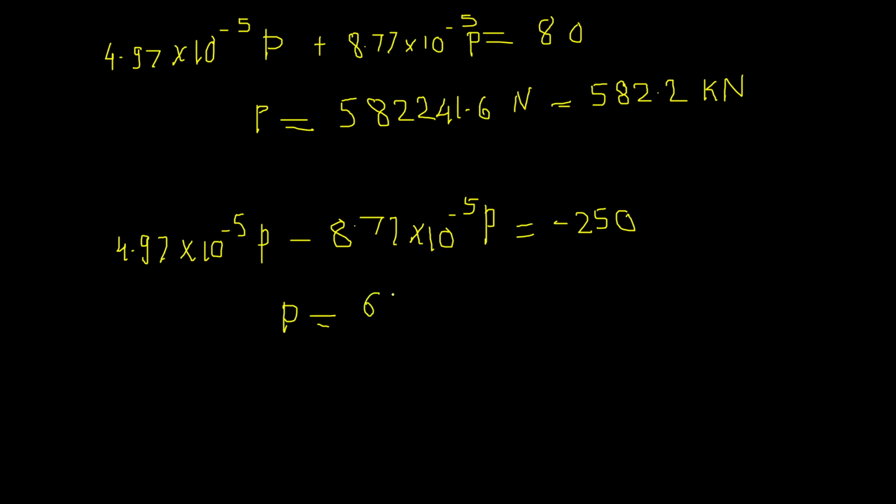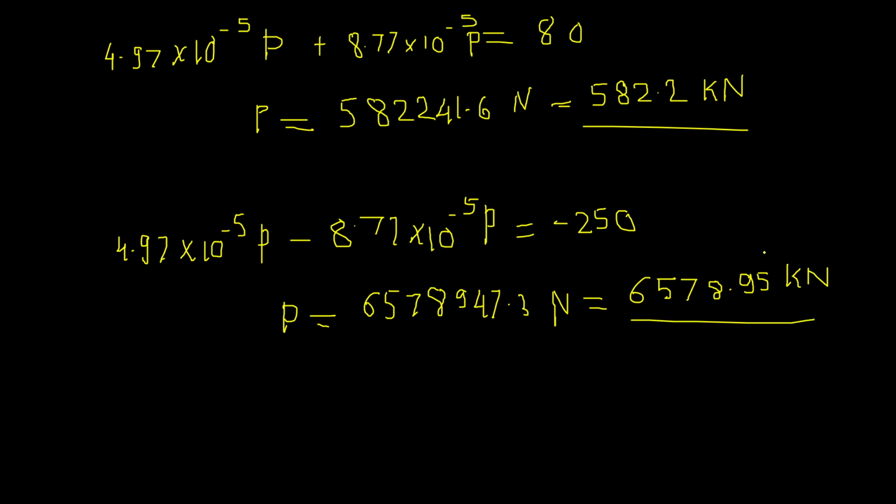तर हे येणार 6578947.3 न्यूटन. Okay, so converting it into kilo newton, 6578.95 किलो न्यूटन. ओके, तर बघा आता हे एक p ची व्हॅल्यू आली आहे, ही दुसरी व्हॅल्यू आहे. आपल्याला क्वेश्चन मध्ये काय विचारलंय, ग्रेटेस्ट लोड. सो द ग्रेटेस्ट लोड इज इक्वल टू